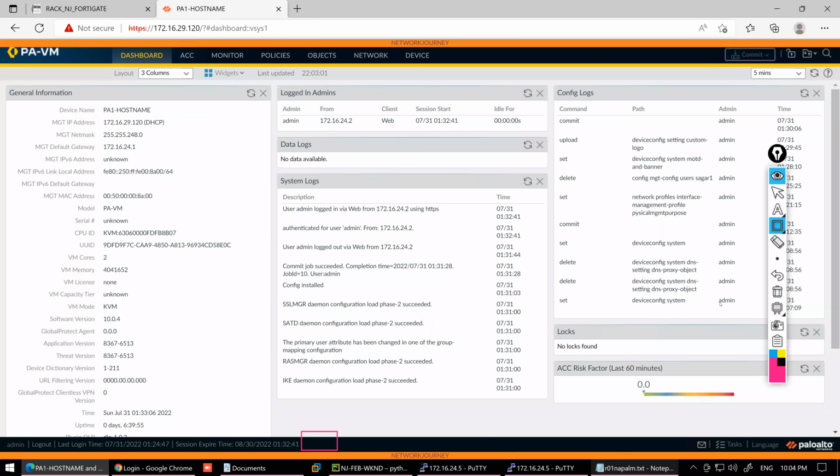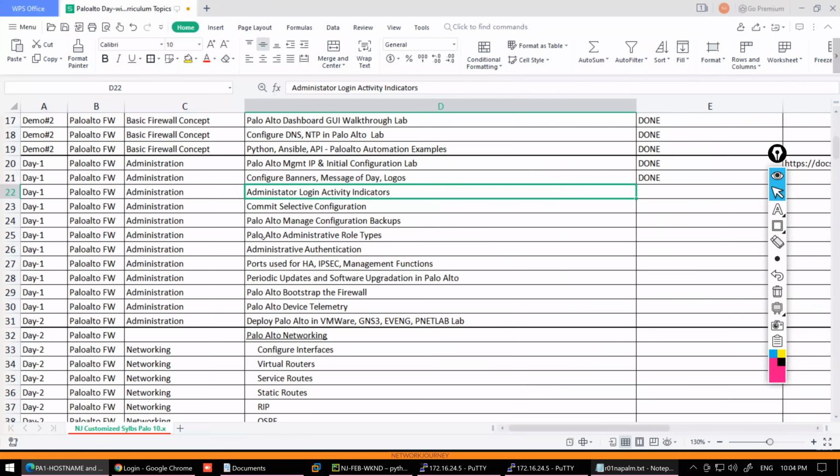To see that, we need to have another administrator, correct? So what I'll do is, I'll show you first how to create an administrator. That was this topic. Okay, role type, administrative authentication. So once I show you this, then I can show you this, because we need some more administrators in our firewall who would do some issues or something. Or let me try to